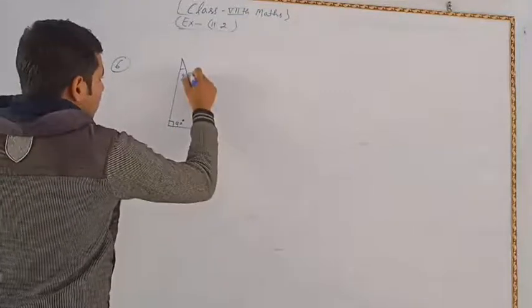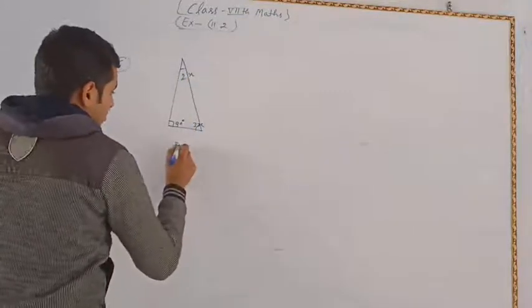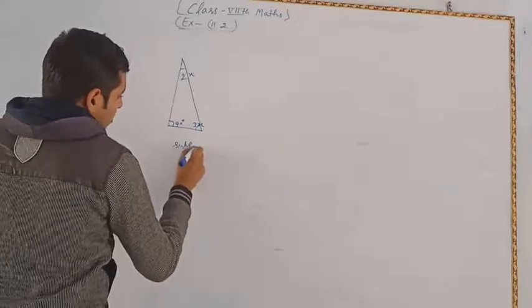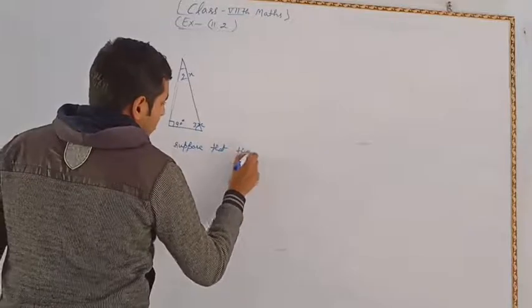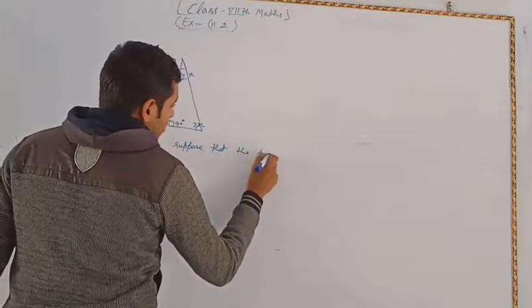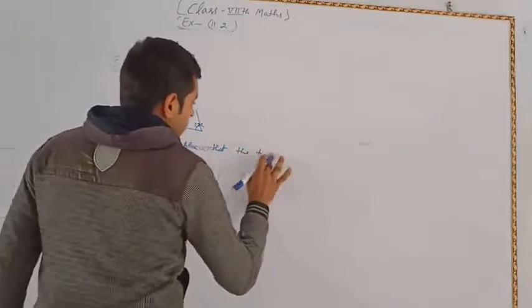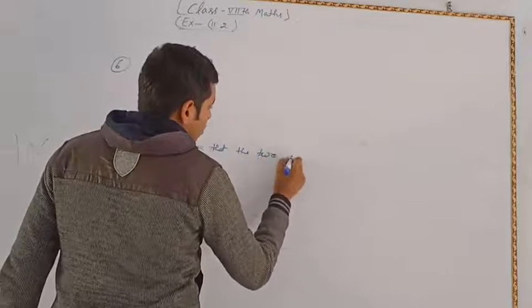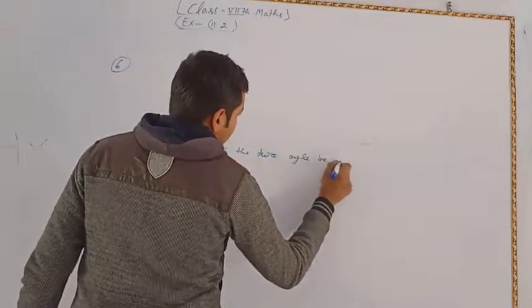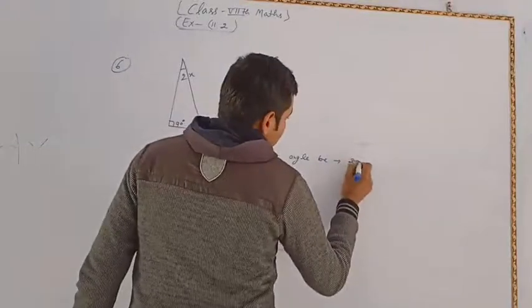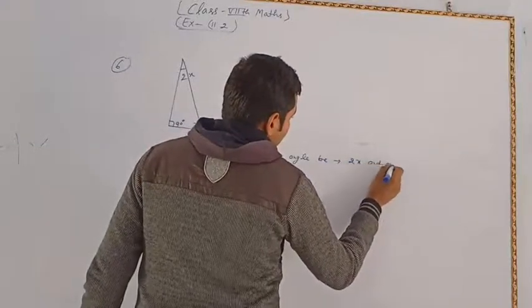So suppose that the two angles are 2x and 3x,